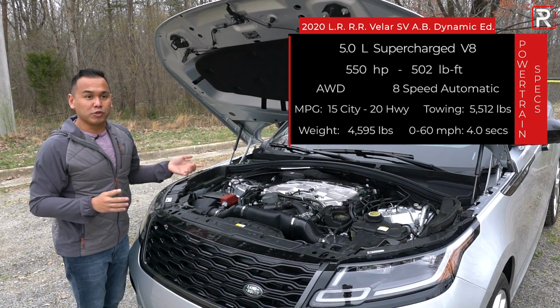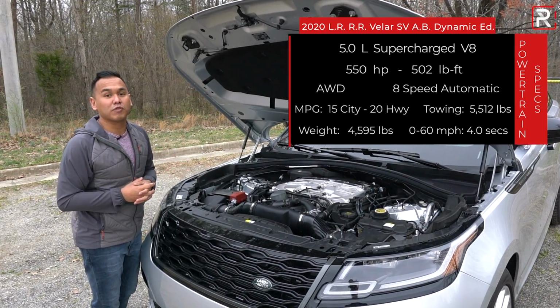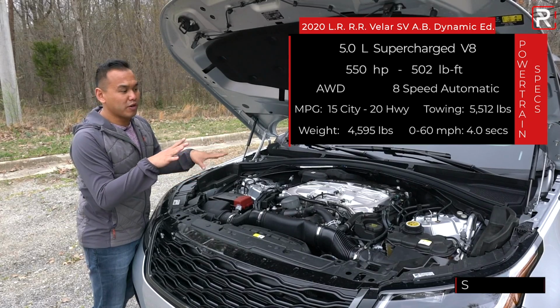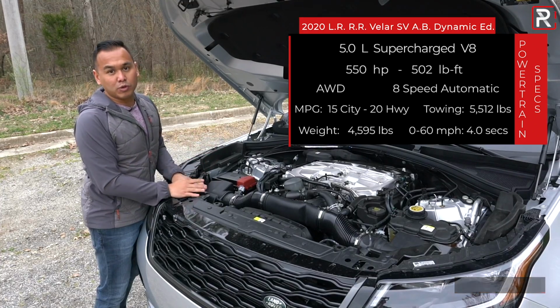Compared to the other top engine, which was a 3-liter supercharged V6, this has roughly almost 200 more horsepower, which is an insane amount of power for something like this. I love the fact that Land Rover was able to stuff the V8 underneath this small hood. Now, they did say they had to make a couple of modifications in here to make the actual V8 fit, but as you can see, it's a little bit of a snug fit,